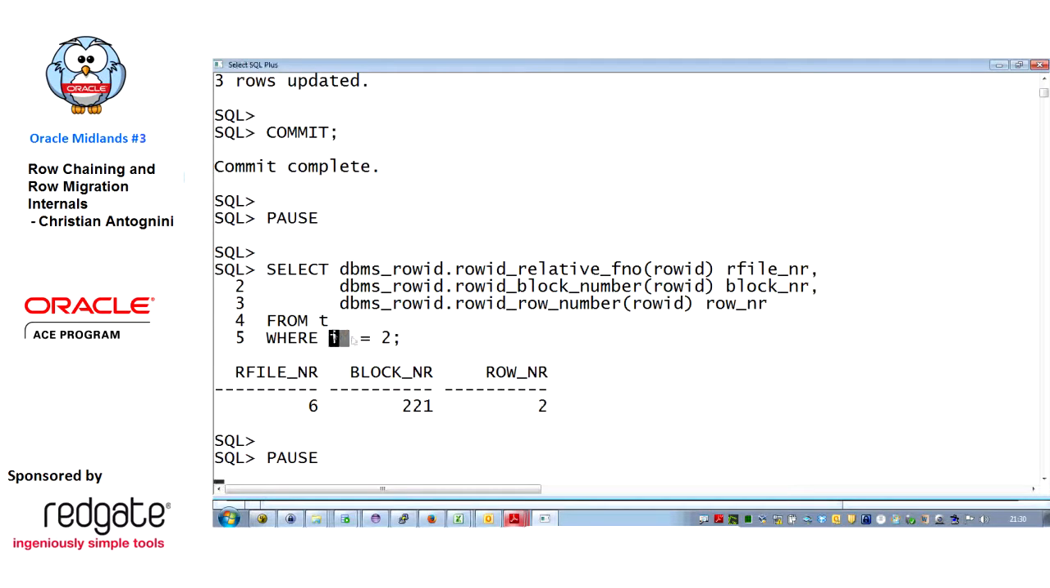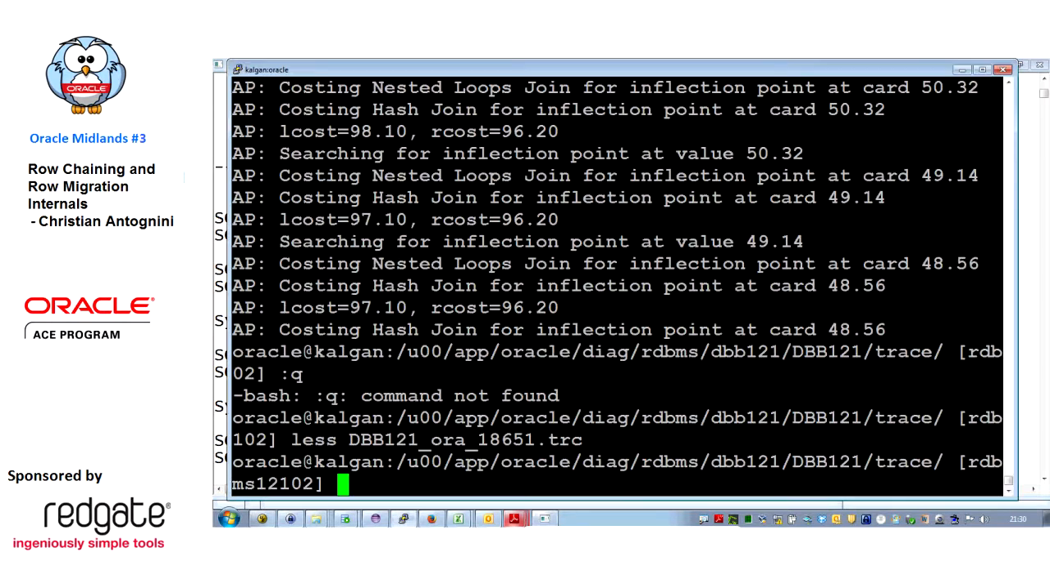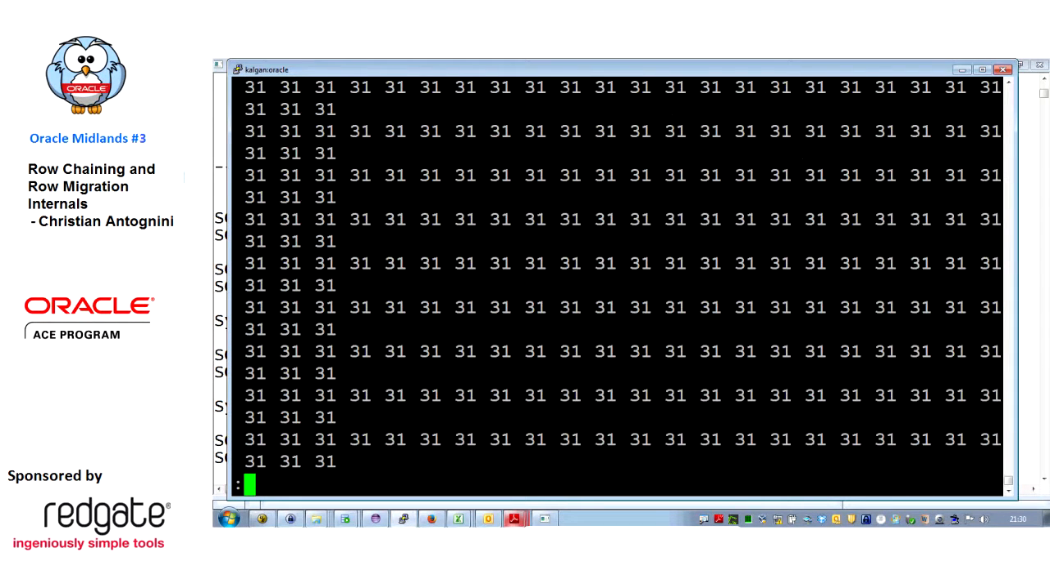Okay, so if we check, for example, here the position of the row with ID number 2, we see that it's in the same block, but it has a different row number because it's a different row. Okay, and if we check inside the dump right now, we can see that